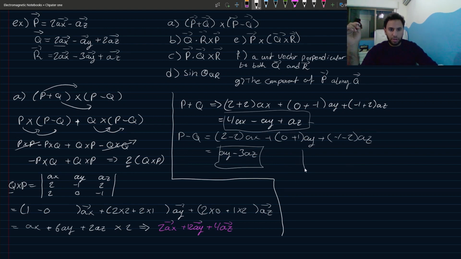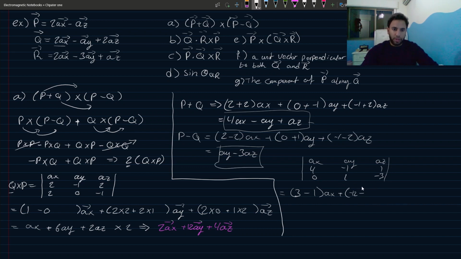So we write ax, ay, az, 4 minus 1, 1, 0, 1 minus 3, is equal to minus 1 cross multiplied by minus 3, that is 3, and 1 cross multiplied by 1, that is 1, so minus 1, ax, plus ay, 4 multiplied by minus 3, that is minus 12, minus 1 multiplied by